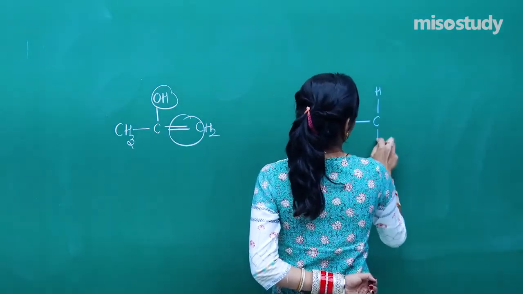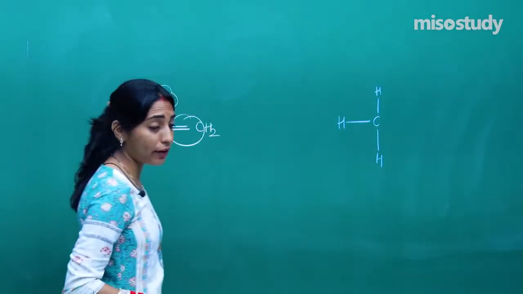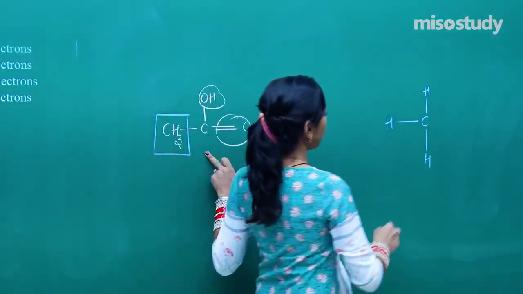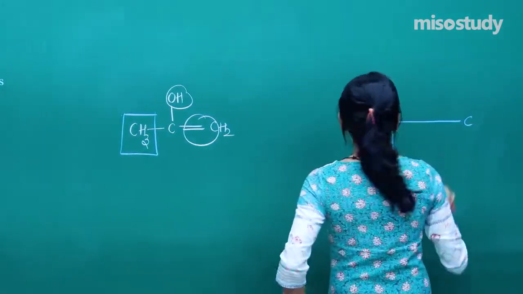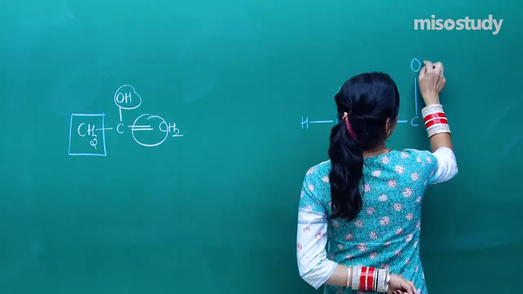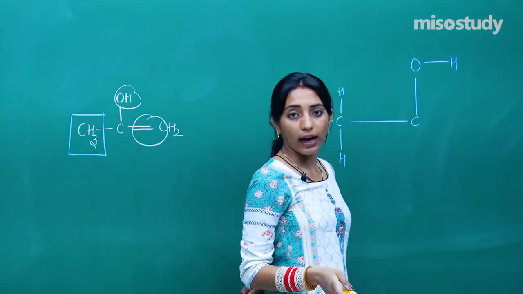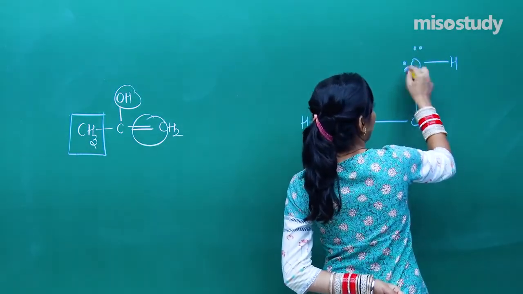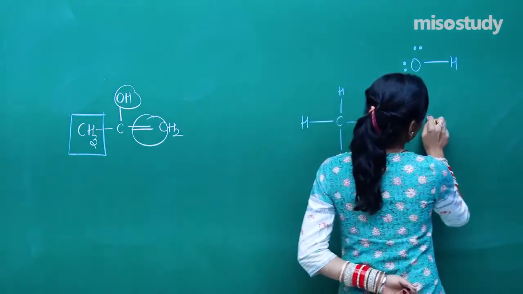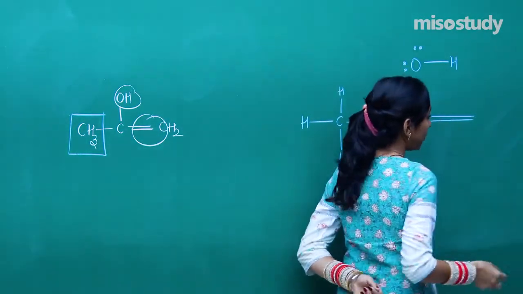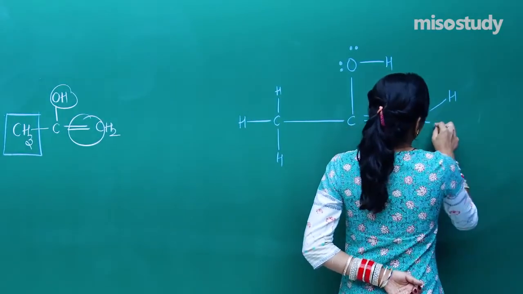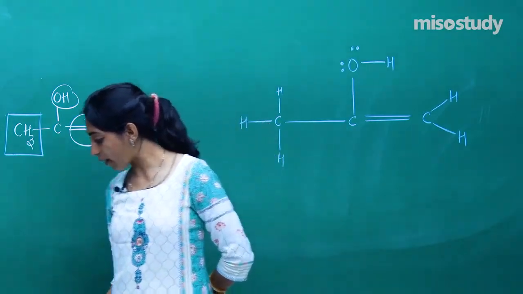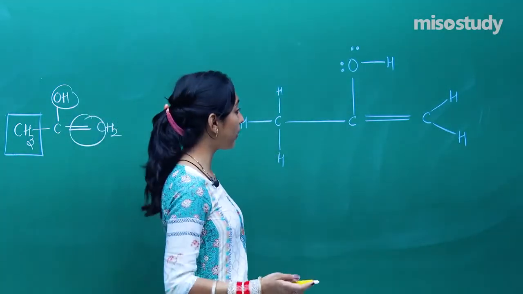The corner carbon atom is joined to 3 hydrogens, leading to the formation of CH3, right? Which is then joined to a carbon atom, which is then joined to 1 atom of oxygen, which is further joined to 1 hydrogen atom, and will be having 2 pairs of electrons there. This carbon in turn will further form 2 bonds with another carbon atom, which is forming 2 bonds with each hydrogen atom, right? Now let's simply do the calculation of total number of sigma and pi bonds.